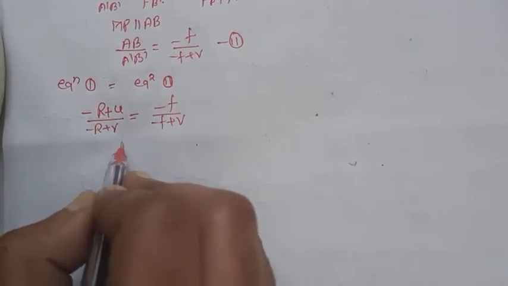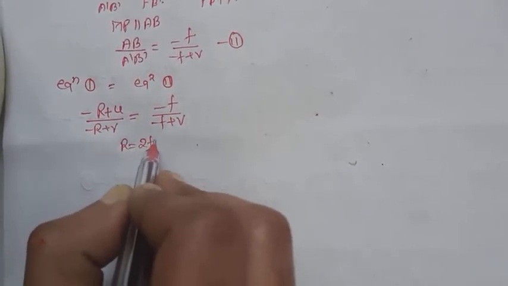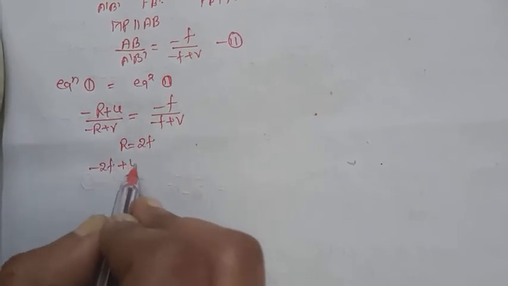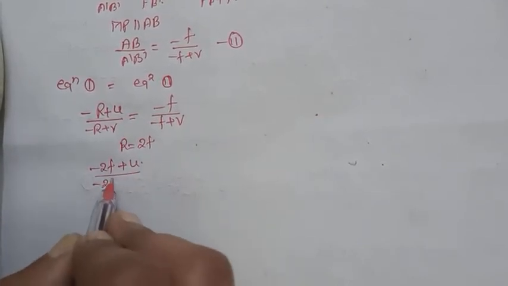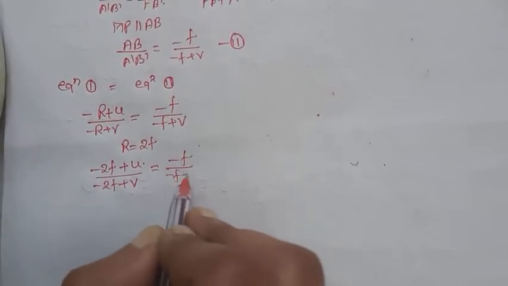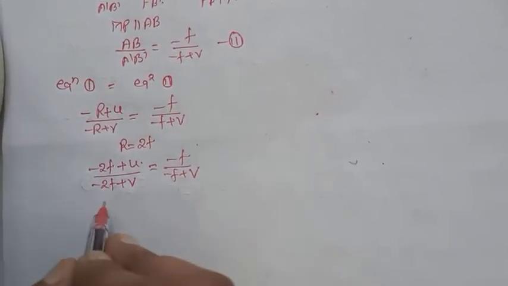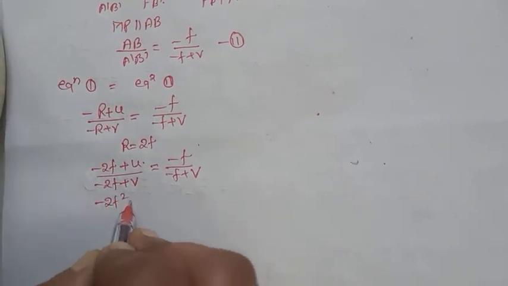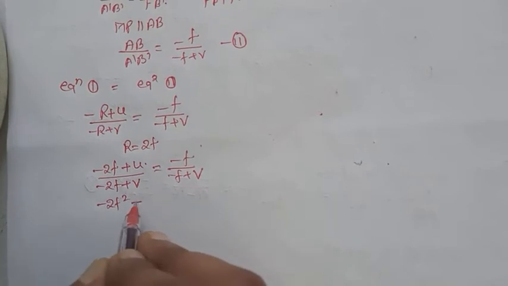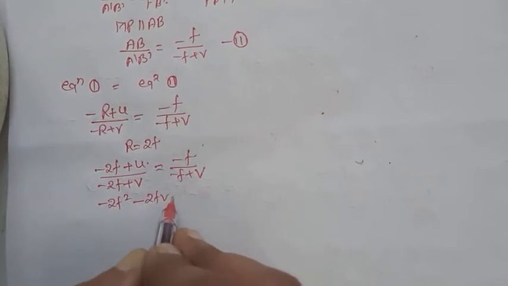Substitute the value of R in terms of F. In R equals 2F, that is, (-K 2F + U) divided by (-K 2F + V) equals -KF divided by (-KF + KV). Cross multiplication gives -K 2F square, -K 2FV plus